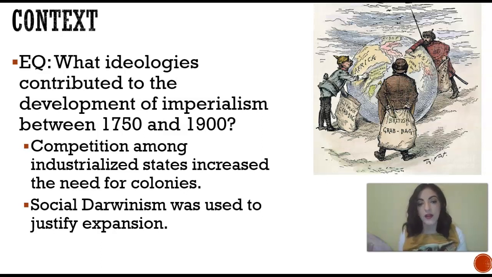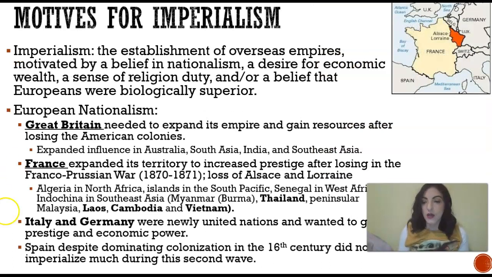And then you also have social Darwinism, which is basically another form of scientific racism that was used to justify this expansion. So let's start with the motives for imperialism. The definition, according to what the text says, I'm trying to look for my mouse so I can move myself, sorry,